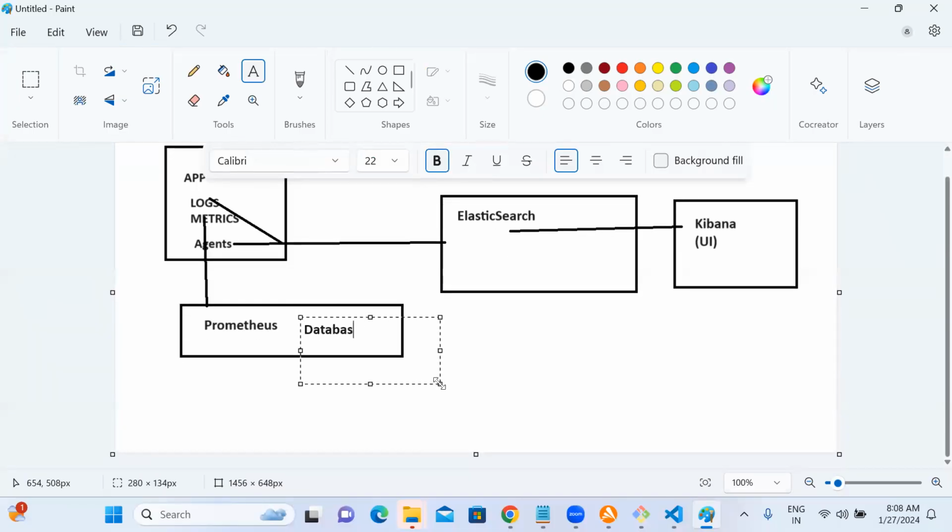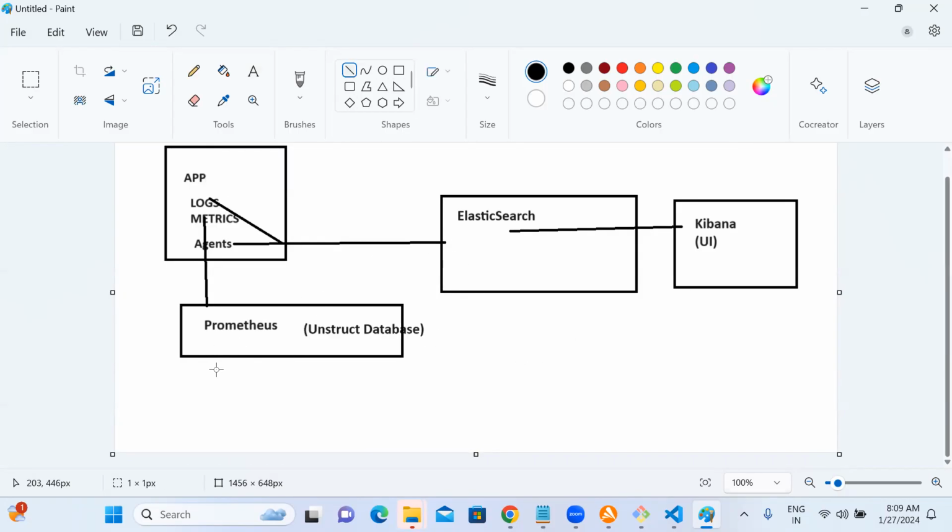You can say that this is also unstructured, like Elasticsearch, but it isn't the same. Elasticsearch also doesn't have a good UI. Prometheus also doesn't have good visualization, red color bars, some immediate attention kind of widgets. It doesn't have it, so we build for this. On top of this, we will use Grafana.